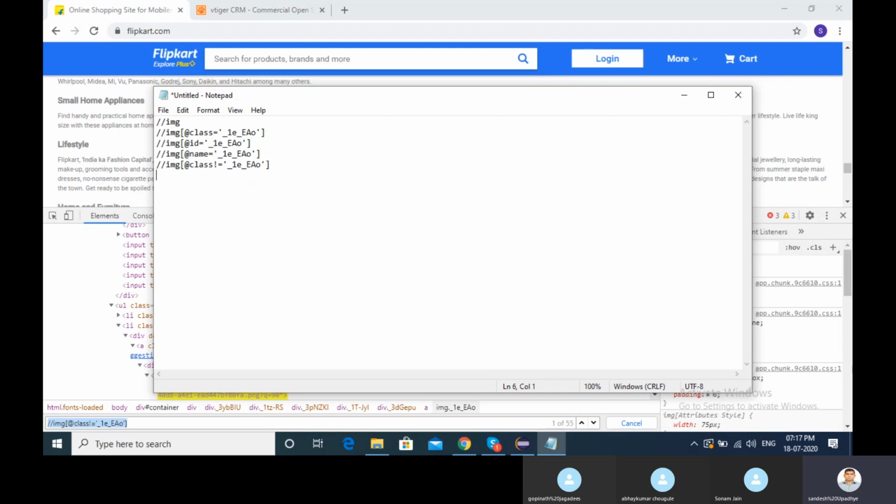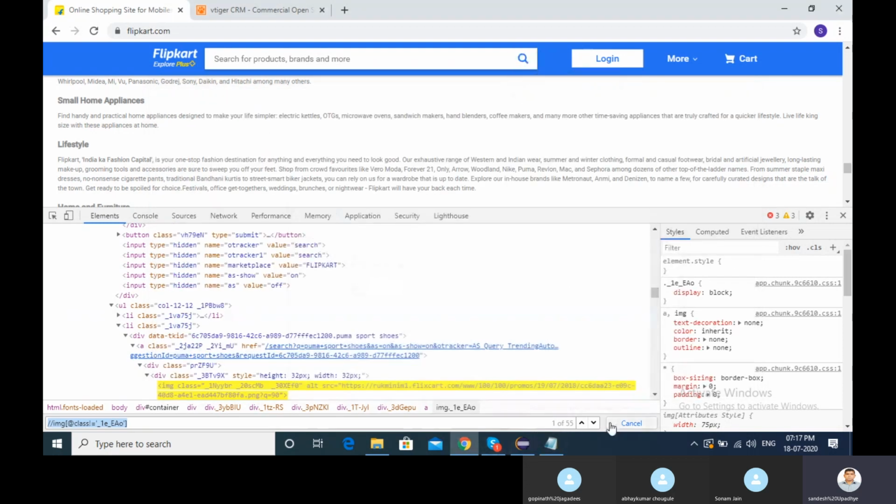Okay. So I'm trying to explain, if I want to find an image with a different tag or different things, how I can find it. The ultimate goal, as I already told you, is to find some unique value. So with the image tag, you can find with these options as well.